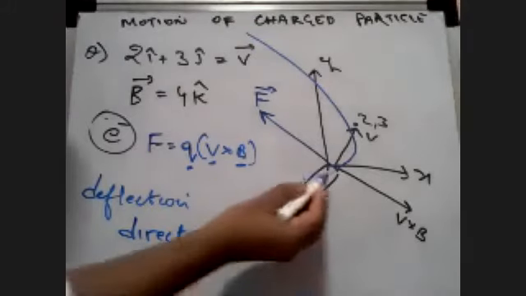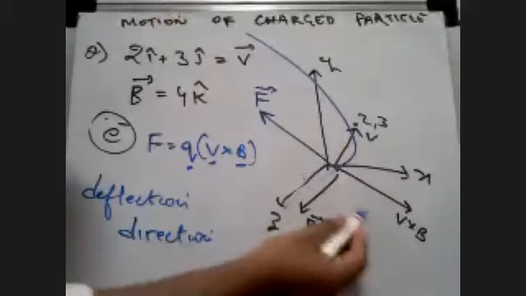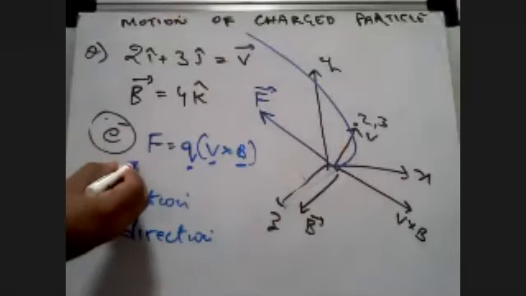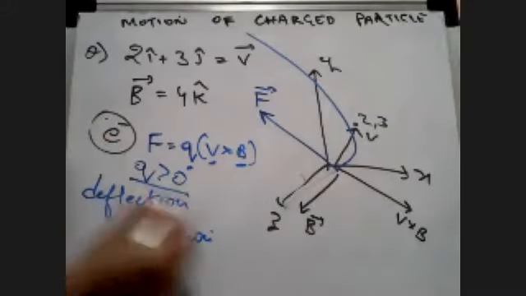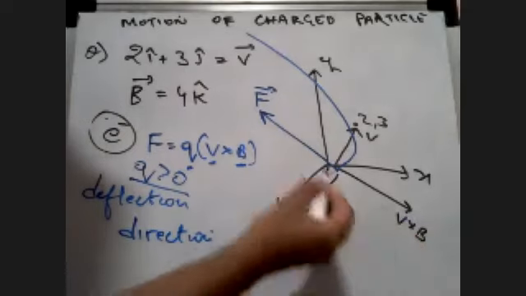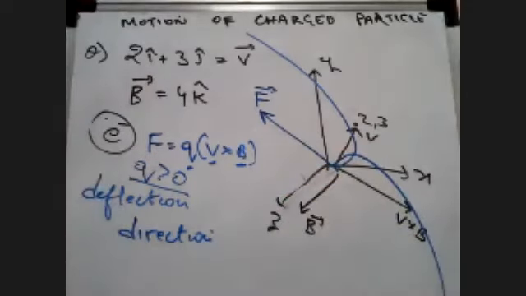So there's a force here, so the charge will move in this direction. If I was talking about a positive charge, q greater than 0, but here I am talking about an electron. If it was positive in nature, the force would have been in the downward direction, so it would have gone like this. This is an important concept. Basically, you can separate electrons, negative charges, and positive charges in this way. Let's go to our next question.